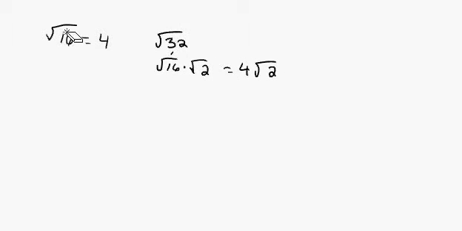Okay, let's try another one. Let's try radical 80. I know it's going to be really close to 9 if I enter that into my calculator, but that would give me an approximate answer because it's irrational. A calculator is not going to be able to tell us an exact answer. So let's simplify this, and let's look at some perfect squares that go into 80. I know 4 is going to go into 80. So let's rewrite this as radical 4